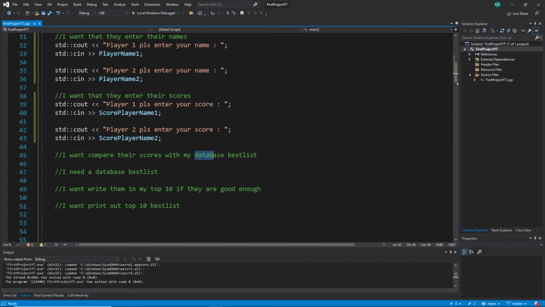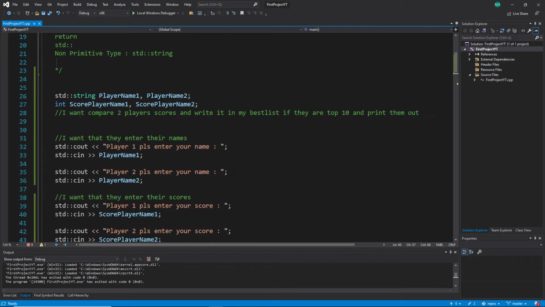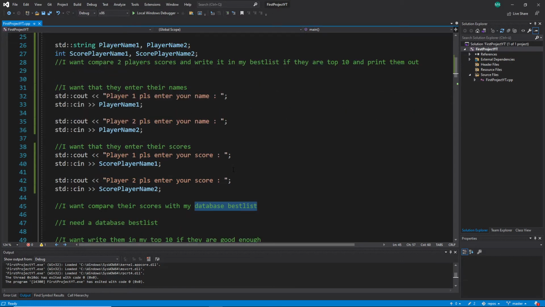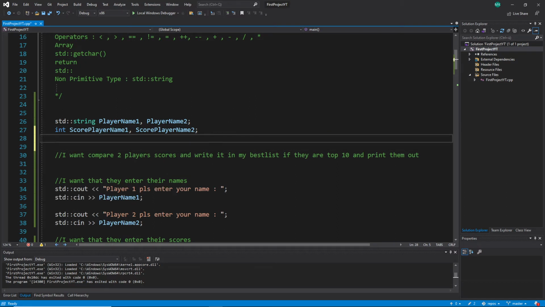So here I need a database best list, which means I have to create a database, but right now I have not a database. And there are different ways to create one, a very easy one, a very complex one, and so on. In my case, it's very important, we have defined here on top 10. So at least I need a database with 10 entries. For this starter example, it's okay that we create them one by one. But later we will have to create them also automatically. But in this case, I will create them,